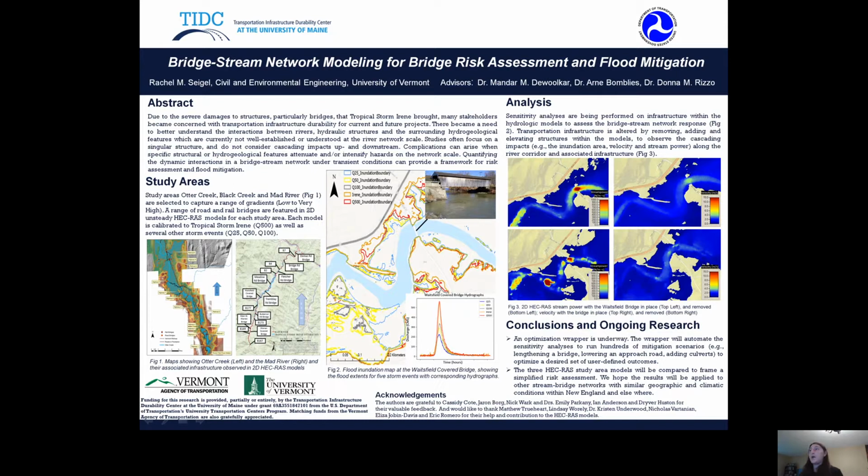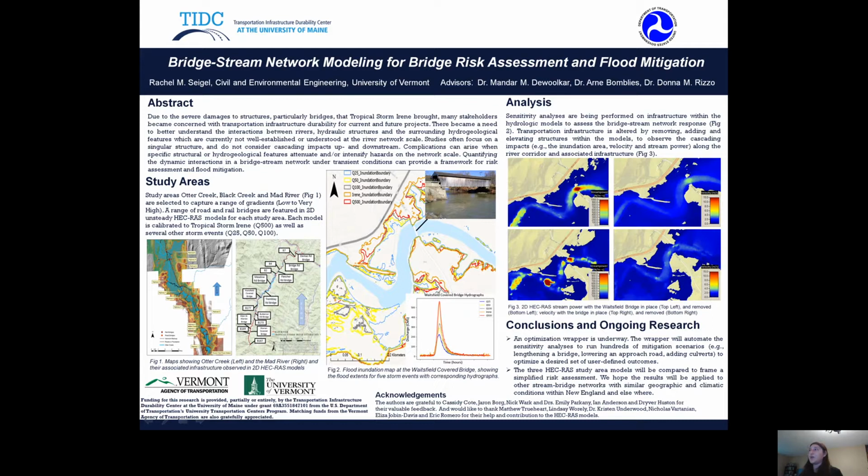So once these initial models are built, we then begin adjusting the structure. So for example, we might remove bridges, raise bridge elevation, expand widths, and so on. This is to simulate varying projects stakeholders might have along the river. And with these alterations, we run the models again and observe changes up and downstream.